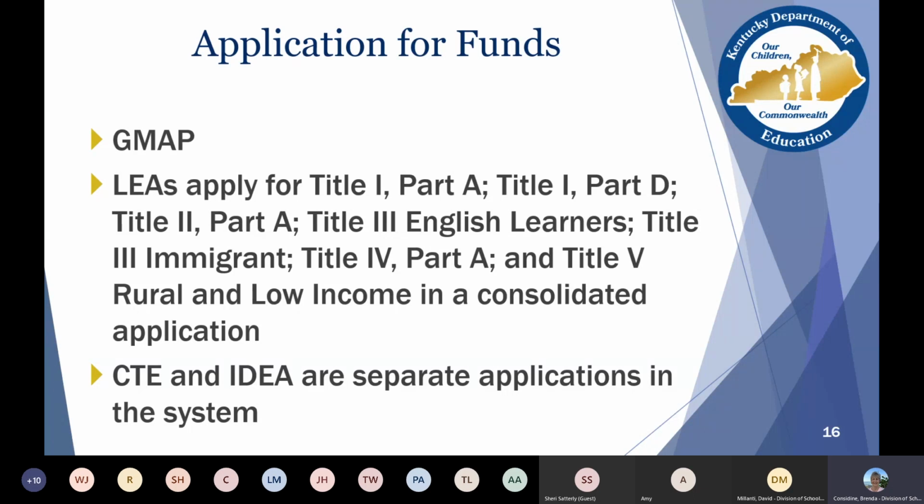I do think that districts fall in and out of Title V more so than they do Title I Part A. Everybody receives Title I, but some districts may receive Title V for a couple of years, and then it's based on location and poverty, and sometimes that changes. Districts fall in and out of that particular grant. If anybody has any questions about Title V, just let us know. Any questions about GMAP so far?